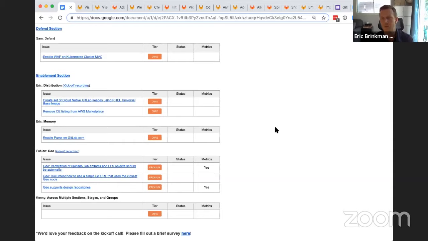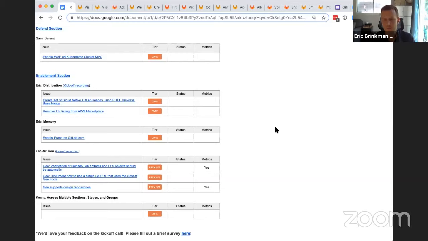One other thing I also want to highlight is if you're a user of our listings in the AWS Marketplace, you probably were confused when you searched for those because you probably saw a CE listing and then the EE listing. And unless you know the nuances of what each of those mean, you maybe weren't even sure which one to get. And so we're going to remove the CE listing.